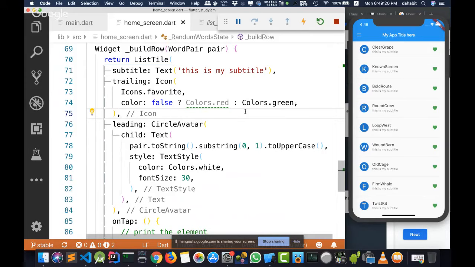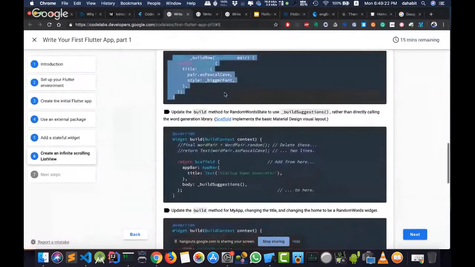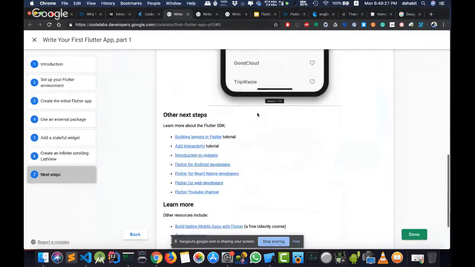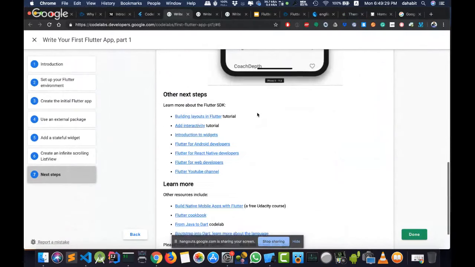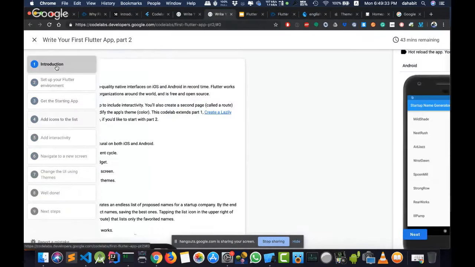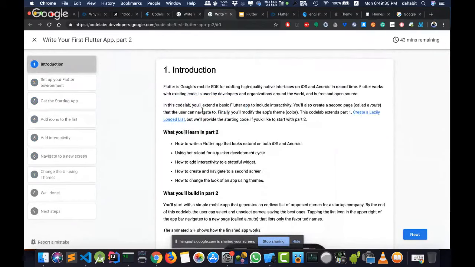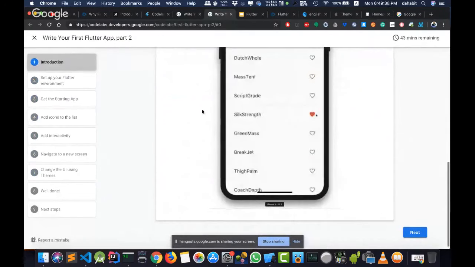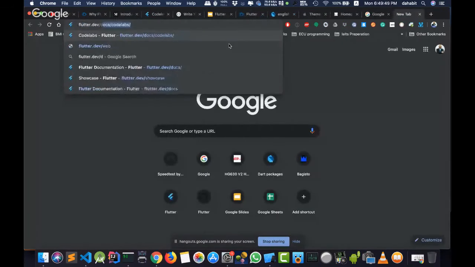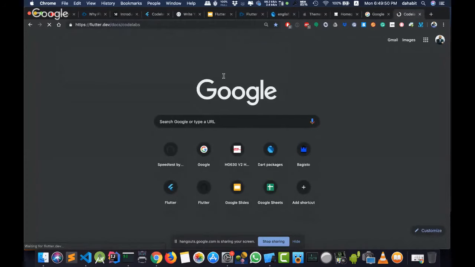And I'll check the CodeLab. I think we already finished the first CodeLab. And I'll stop here because there is a lot of important information. But you are free to go to the second part and finish it also. Just follow, Flutter CodeLabs is very good. You can go to these CodeLabs in two ways: codelabs.developers.google.com, or go to flutter.dev docs and CodeLabs, and you will find the CodeLabs.